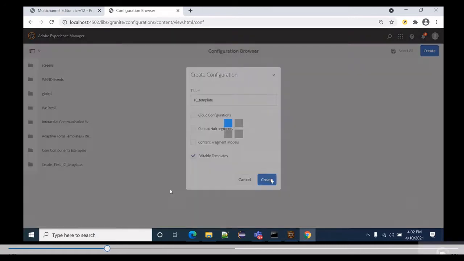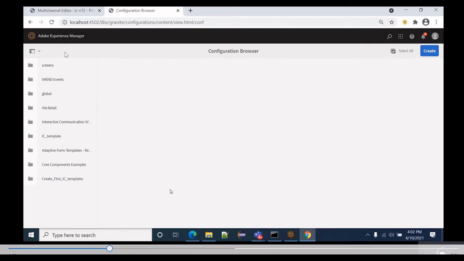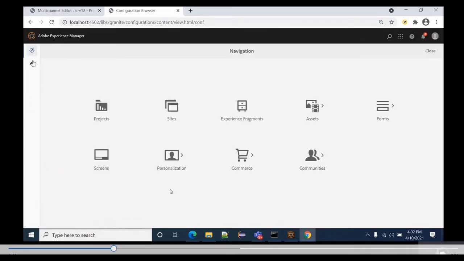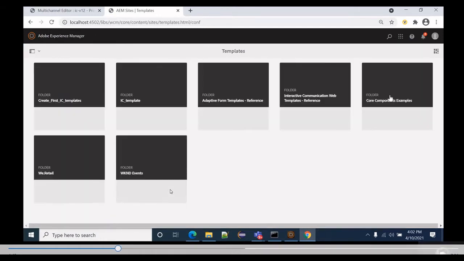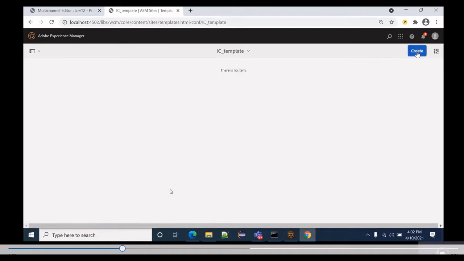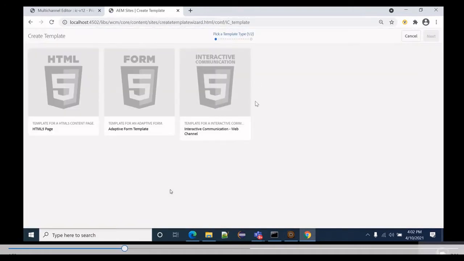Select editable templates, click on Create. And then let's go to the template now. Here we have the IC template. Click on Create. Select the interactive communication web channel.